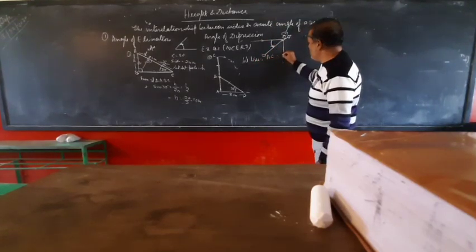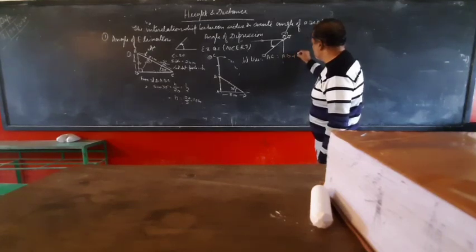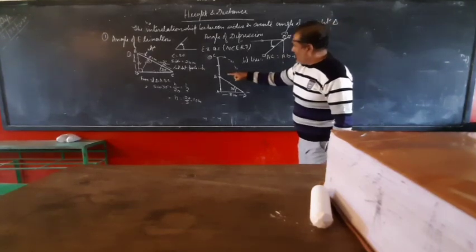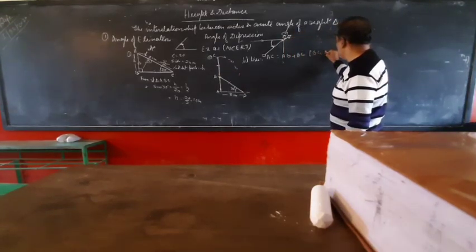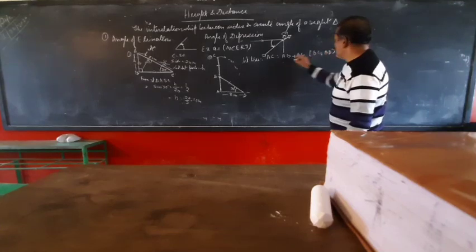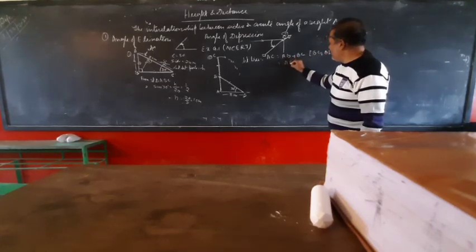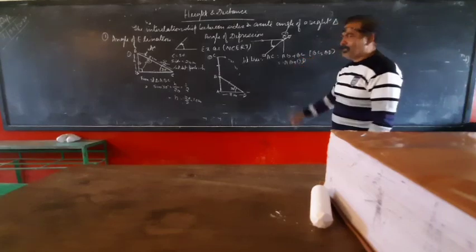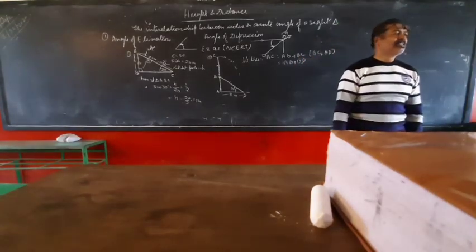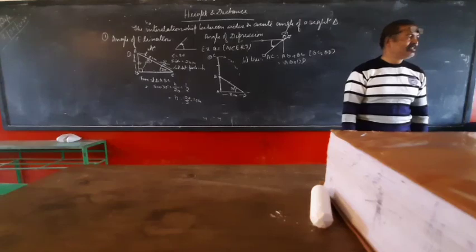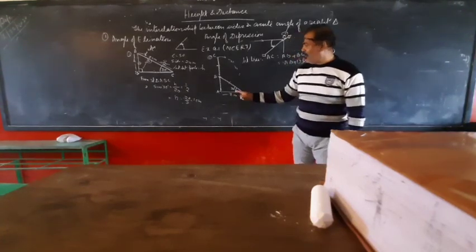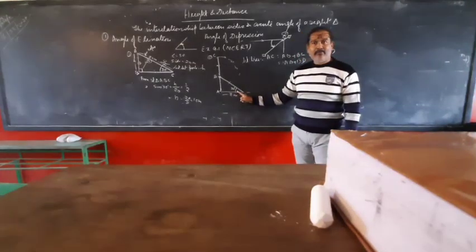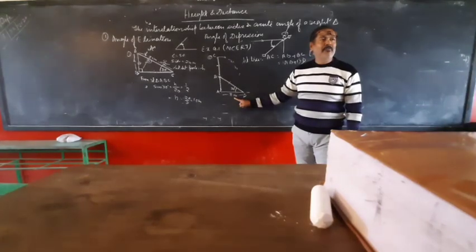This AC is equal to AB plus BC. Now, this BC is equal to BD. So the height of the tree is equal to AB plus BD, and AB and BD are the sides of a right triangle. In this right triangle, we have been given the value of one angle and one base. Then for this question, you have to find the value of two sides.